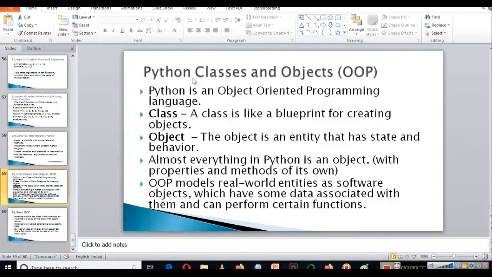It's like a definition of how the object will look, what the properties of that object will be, and what the behavior of that object will be. So a class defines the properties and behavior of the particular object that we are going to create.